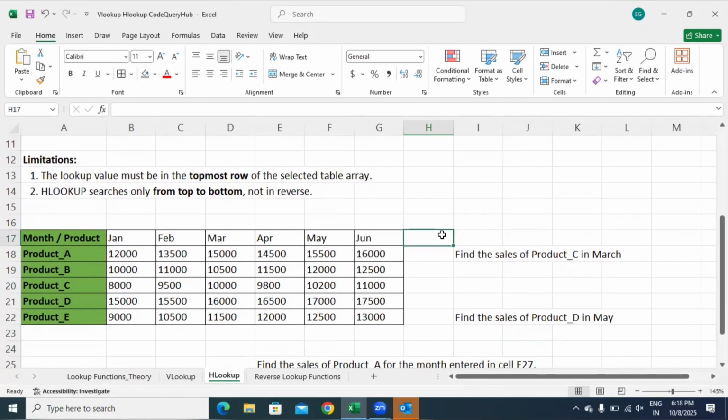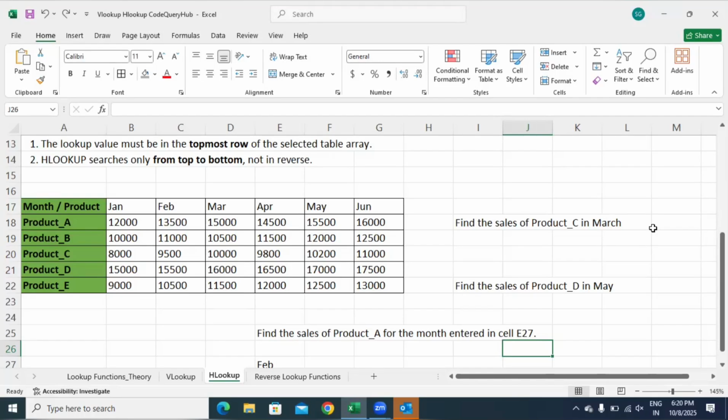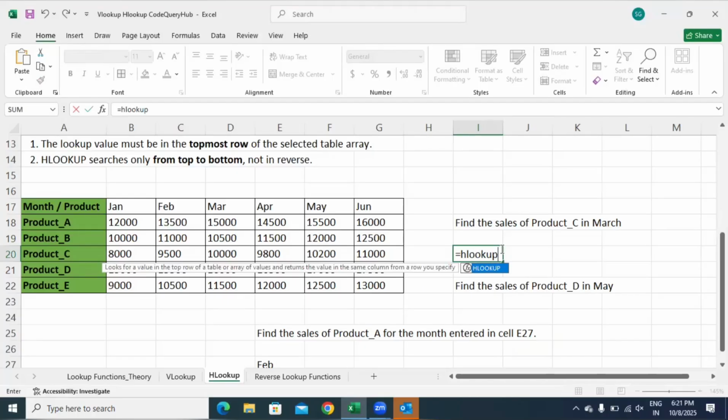So this is the horizontal table. Let's see an example. Suppose I want to find the sales of product C in March. So how am I going to find it with the help of HLOOKUP? Let's see. We will use the syntax HLOOKUP. In double quotes, we will write the lookup value. In VLOOKUP, we have the lookup value in the first column. Now here in HLOOKUP, we have the lookup value in the first row of the table. So the lookup value here is March, comma, table array is the entire table,